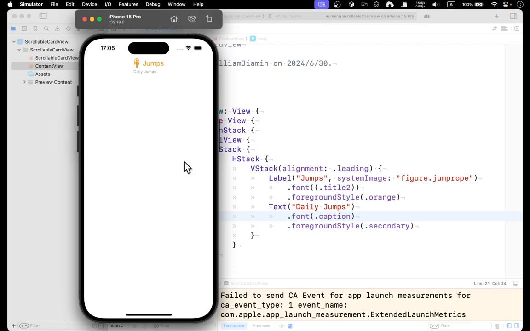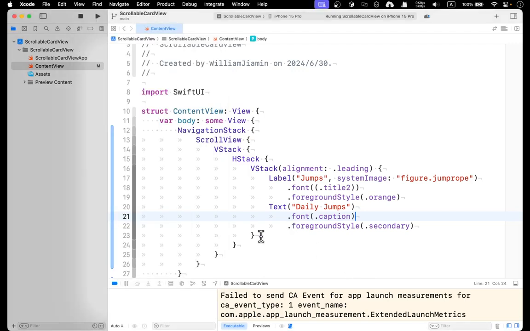Yeah, that's pretty good. The next step is to put everything inside a card view. I'll show some charts that show how many jumps you did a day. I think I'm going to do that in the next video. This video is mainly about the basic layouts here. So let's continue, the VStack and